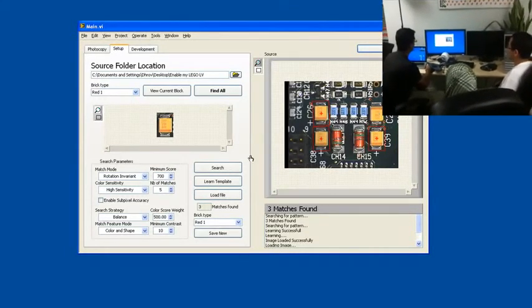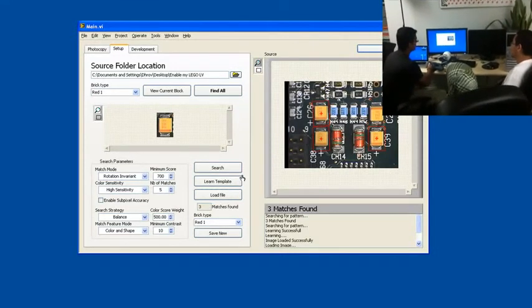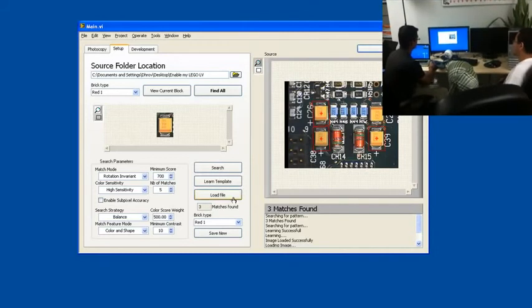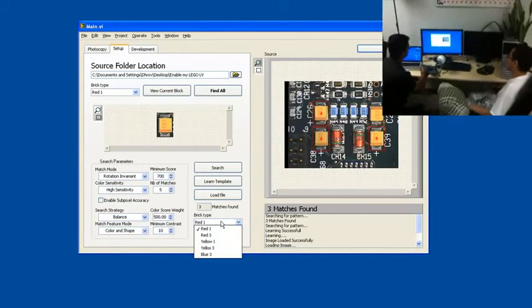Now, say you're happy with the sample you took and you like it. You select what kind of sample it is. So the naming structure, the way I've set it